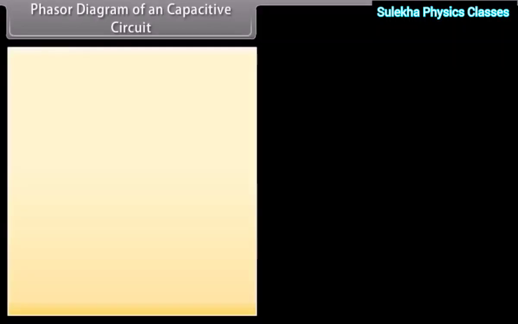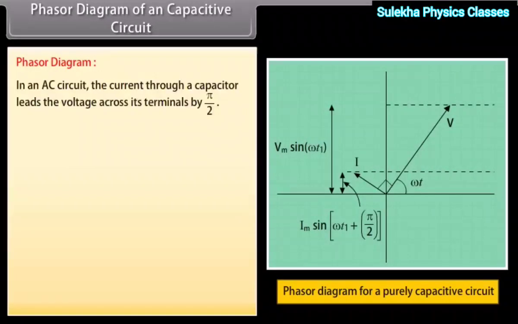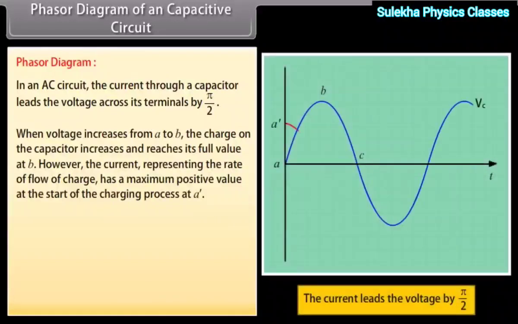Phasor diagram of a capacitive circuit. In an AC circuit, the current through a capacitor leads the voltage across its terminals by pi by 2. When voltage increases from A to B, the charge on the capacitor increases and reaches its full value at B. However, the current representing the rate of flow of charge has a maximum positive value at the start of the charging process at A',